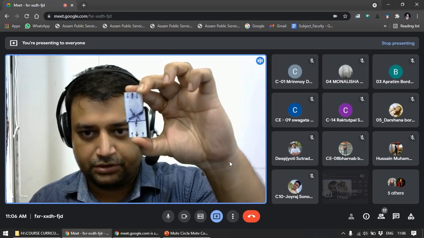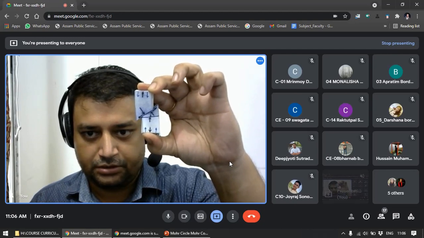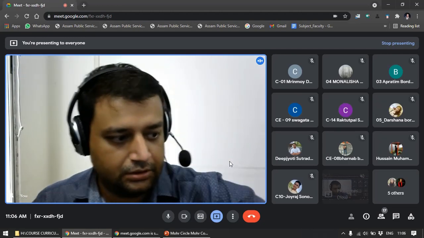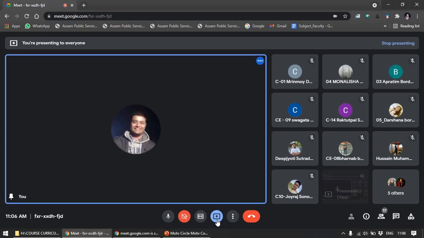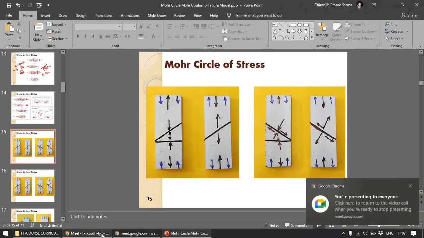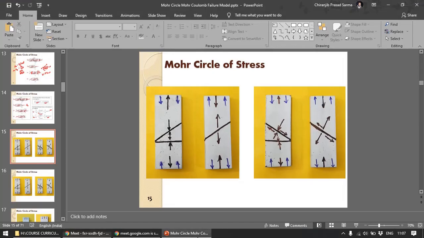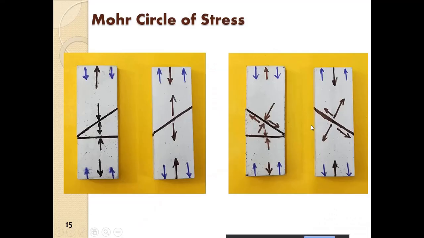So just remember that the sample will shear off in this manner, like this. So we have a shear plane there. Okay, so coming back to the figure here,